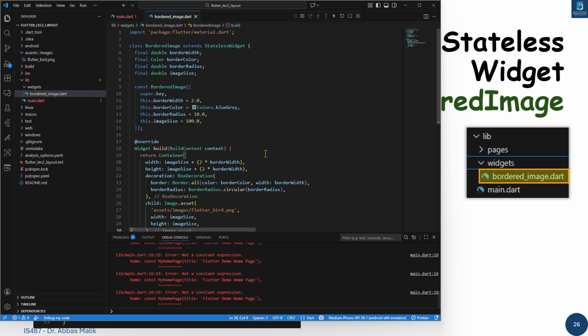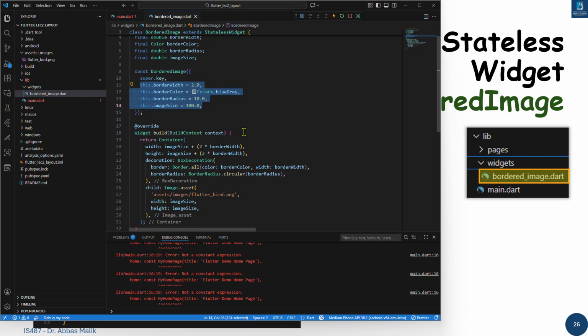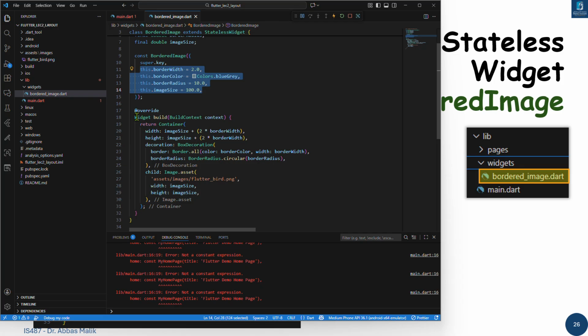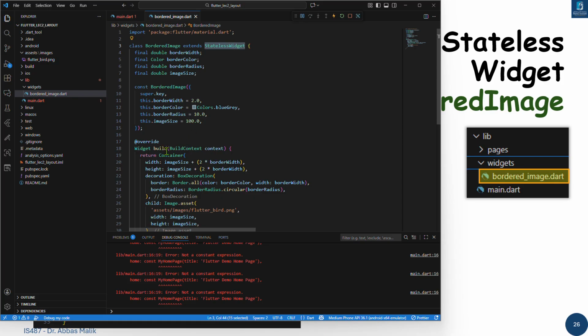Once we have created that, you can see that we have imported our material dart, and we have created a stateless widget, the bordered image class, which is the child of our stateless widget. Inside we have declared these final variables. Because these are final variables, they must be initialized inside the constructor of that class, number one. And the second thing is